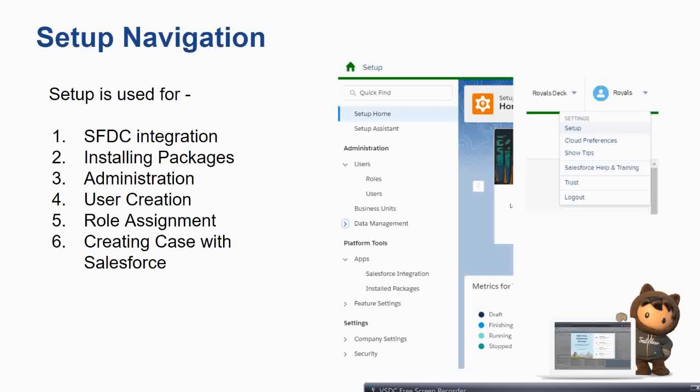Now this is creating a case. If you see the slide, you will find that there is Salesforce Help and Training. Often there will be scenarios in Salesforce Marketing Cloud that you cannot resolve from your side. It has to be resolved, or the data has to be fetched from the backend. So you reach out to Salesforce support and ask them what the issue is, or you look for the logs. For those kinds of things you have Salesforce Help and Training. You click there, create a case, and then they will address your issue.